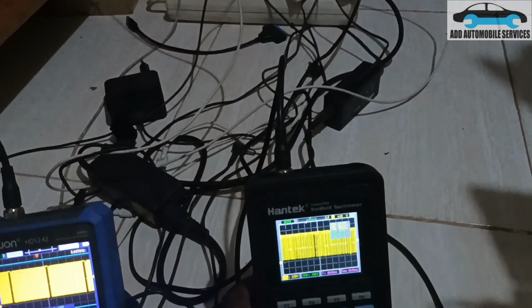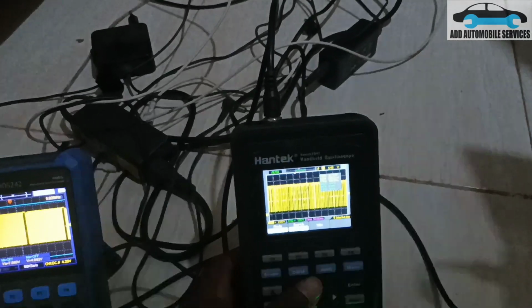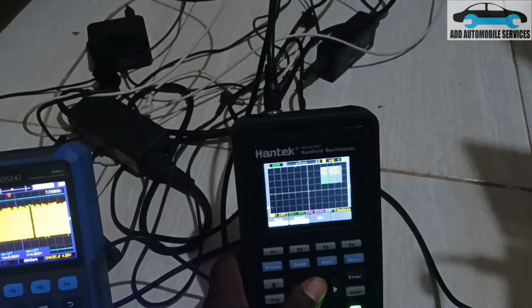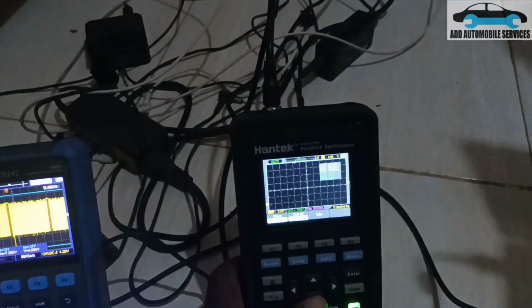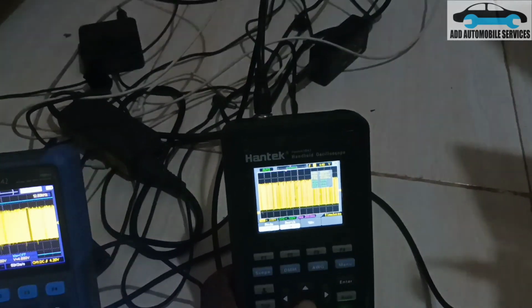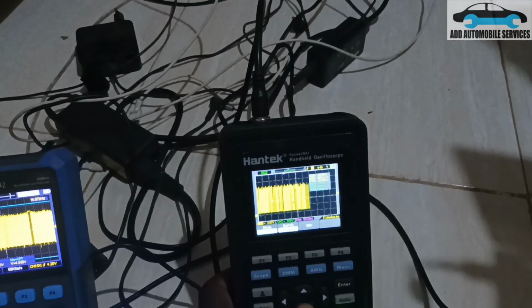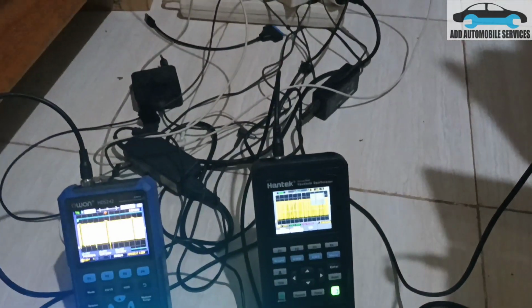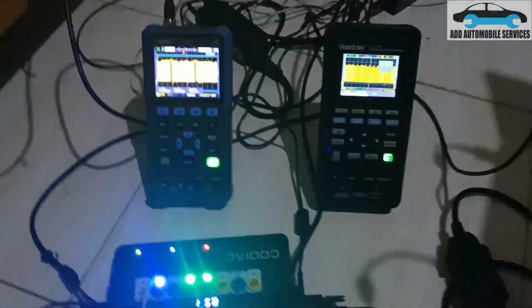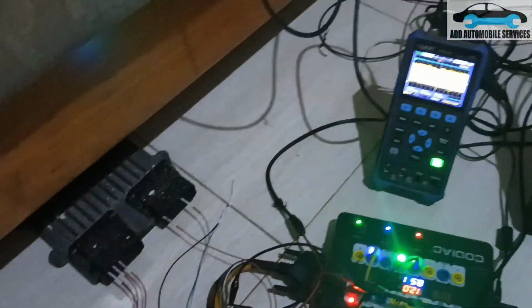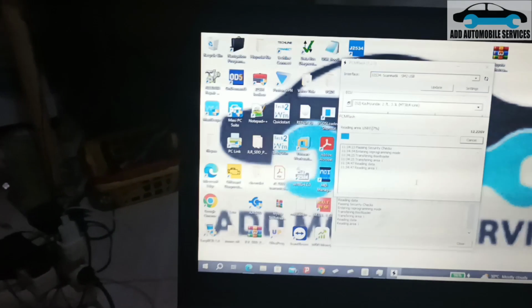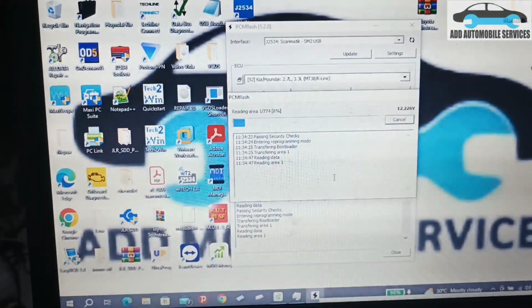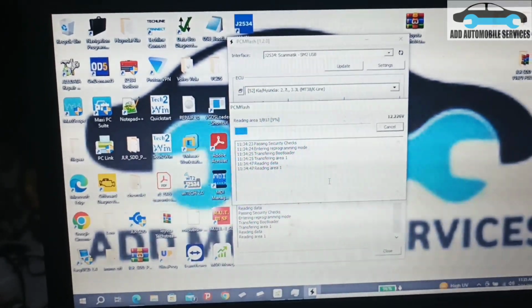With this one, when I change the time base, it will be a bit plain, just that it is slow. It's not as fast as the other. So this is the kind of data that is being read. This is the kind of communication going on between the VCI and the control unit. With this one, you can see that I'm reading the data from the control board, and this is for